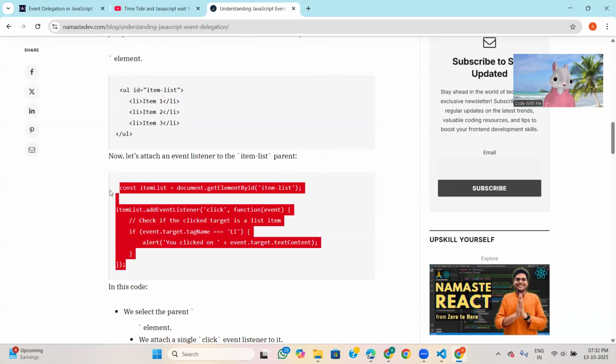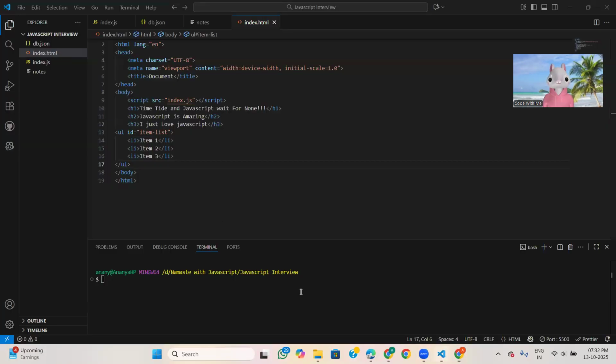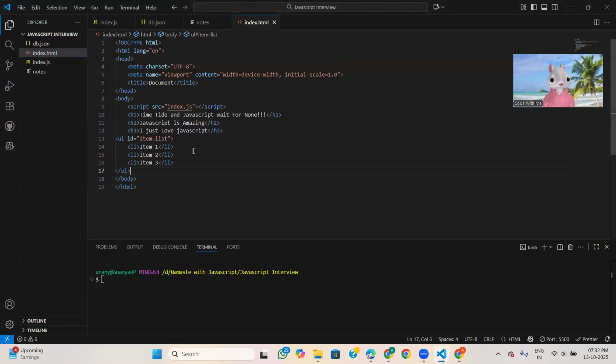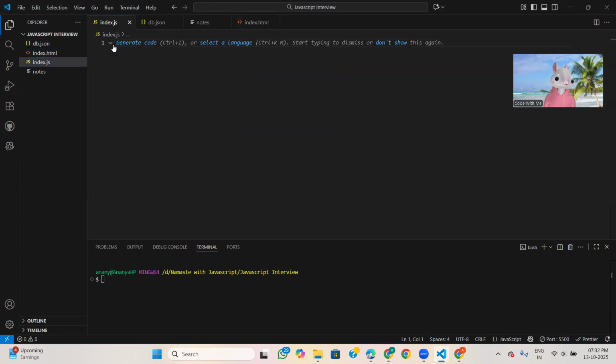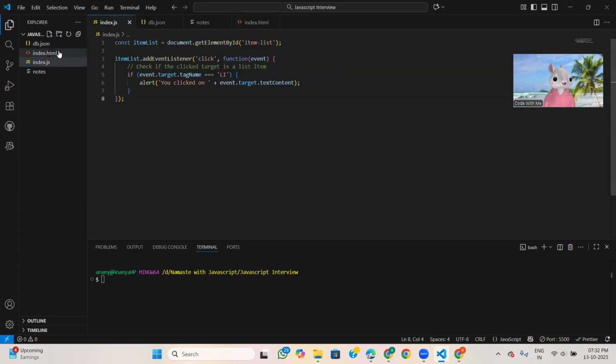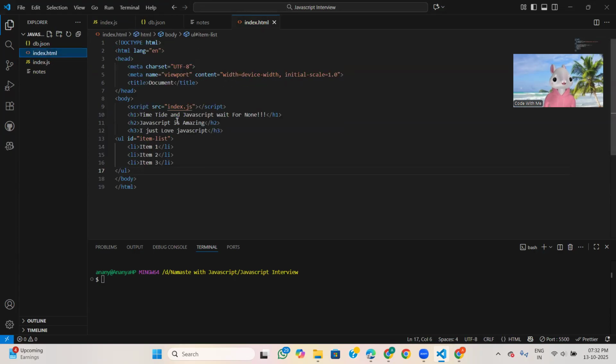So I will copy this also and paste it here. Okay, now I got it. Why was I not getting that? So before using this, here we have to add, okay, I already added here script.js.